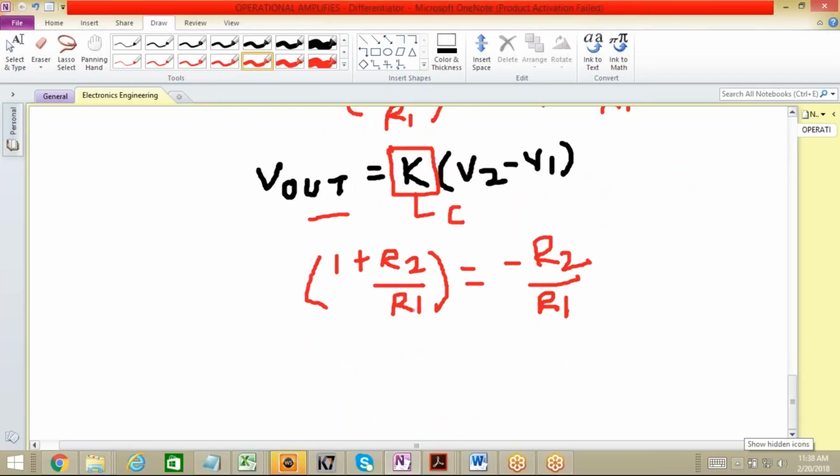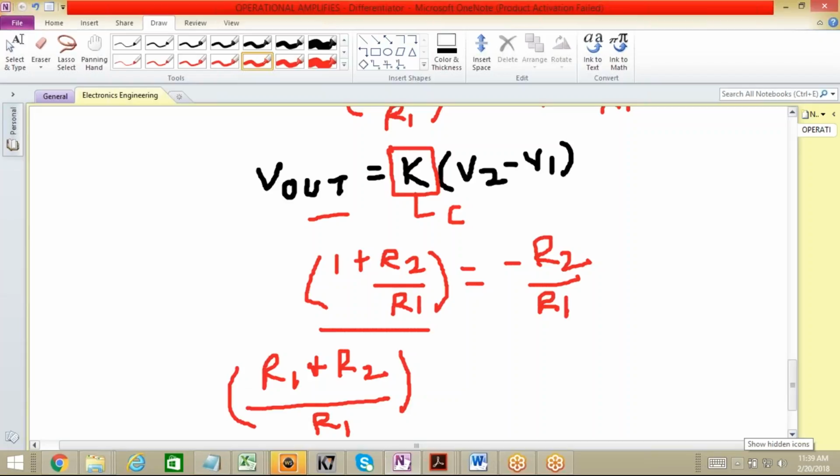Let's say this LHS, we can write as R1 plus R2 upon R1, right? This is the LHS part. Now, if we multiply this term as well by R2 upon R1 plus R2,